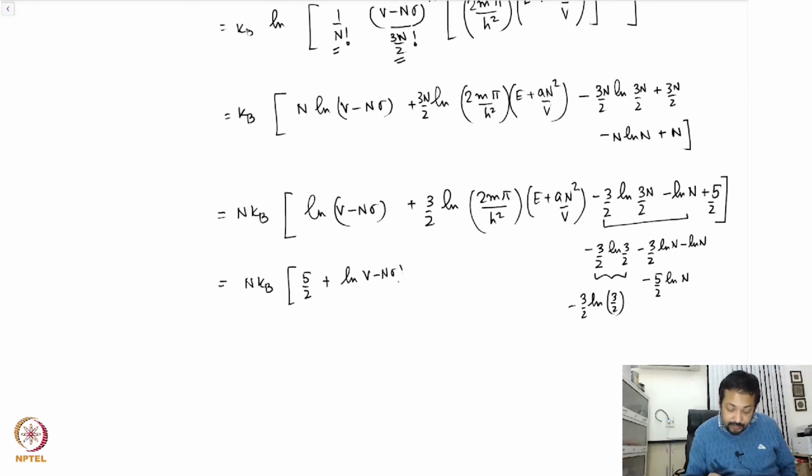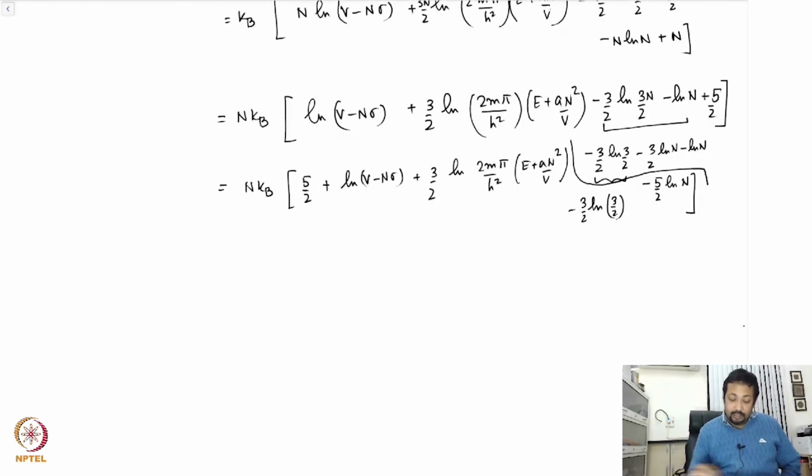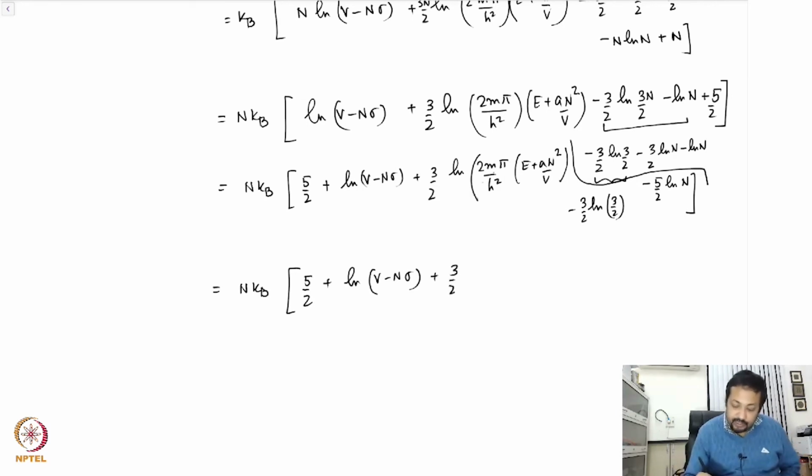This is going to be v minus n sigma plus 3 by 2 ln twice m pi over h square e plus a n square over v, and then these two terms. Please be careful with this. This is going to be minus 3 by 2 plus 3 by 2 ln minus ln. Is this correct? No, sorry, this is minus. Correct, minus 5 by 2 ln of v minus n sigma. See, all these minute details are not very necessary because after all you're going to take a derivative with v and e, but nevertheless ln